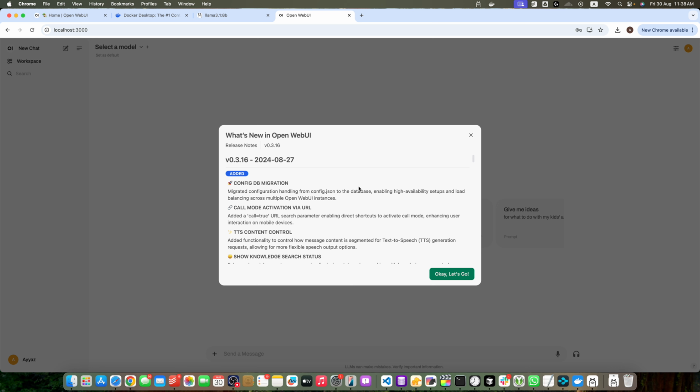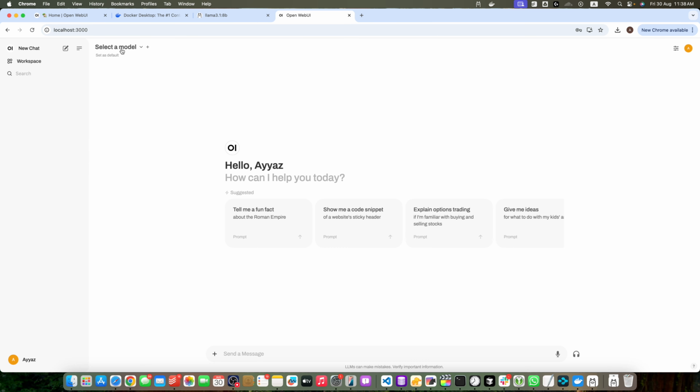welcome message, and it is showing the versions history. Anyway, click on it. Okay, let's go. And now here this will look exactly like ChatGPT, but it is way better than that, I guess, because it has a lot of good features, and you can try to have all of the features within this open source